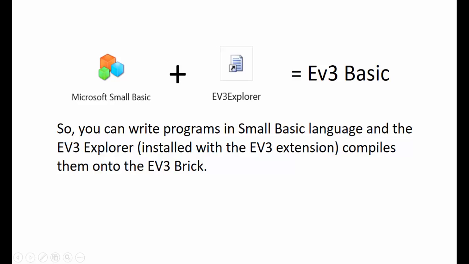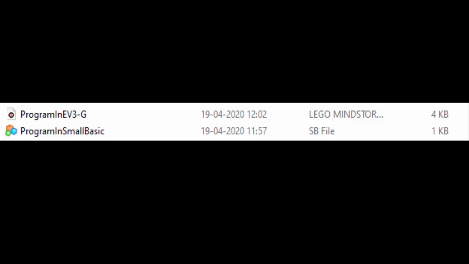Well, because in order to run or use these languages, you need to flash SD cards and then insert them into the EV3. But in the case of Small Basic, you do not need any external SD card, which is really helpful. There are a couple more advantages of Small Basic.